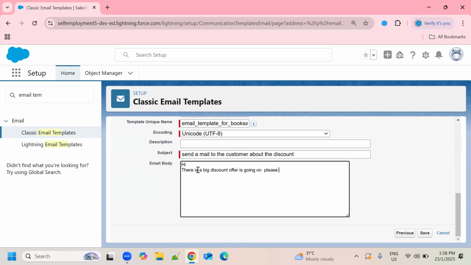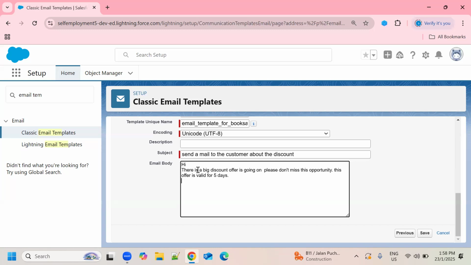Please don't miss this opportunity. This offer is valid for 5 days. Okay, you can write whatever you want as a mail body.